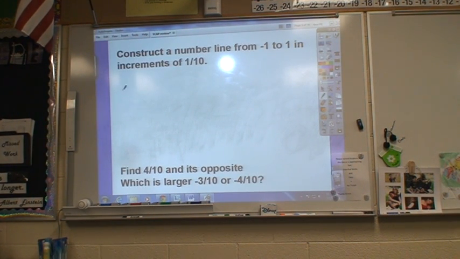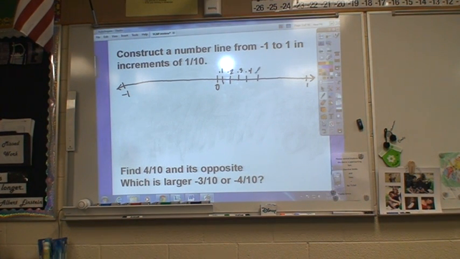If I were to construct a number line from negative 1 to positive 1, but I want it in increments of 1/10, it's going to be a lot like the one you just constructed, except that in the middle is 0. All the way over here is going to be a positive 1. All the way over here would be a negative 1. And then if I'm counting in increments of 1/10, I'm going to change it to a decimal because it's going to be a little bit easier to fit in. That's 0.1, 0.2, 0.3,